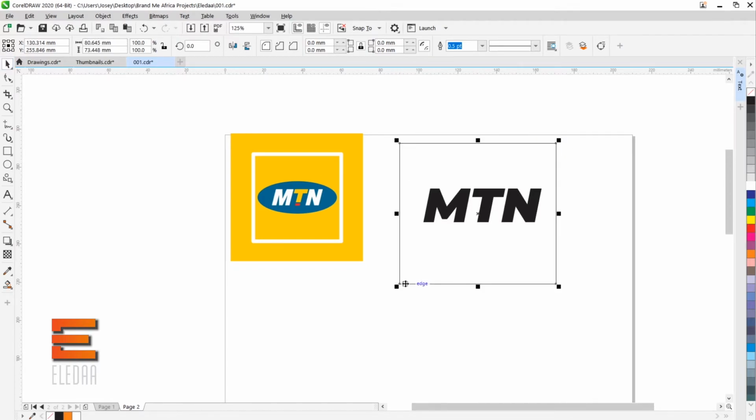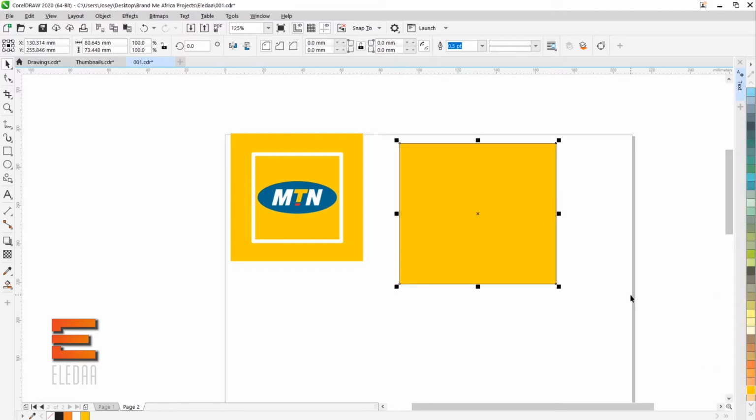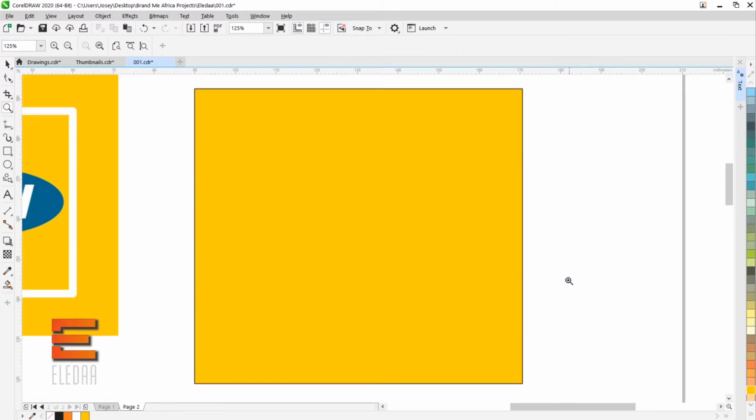We've drawn our rectangle, so we need this color on it. We go to your color palette. We have the color here. This is the color we're looking for. This is the color for the MTN. Okay, when we look at this closely now, we can see that the rectangle has a black edge